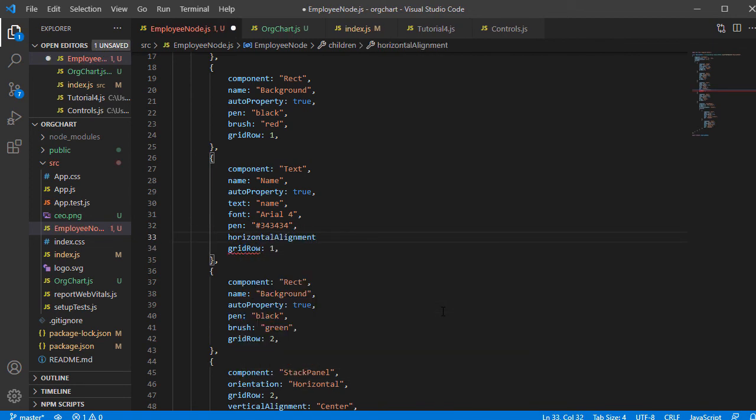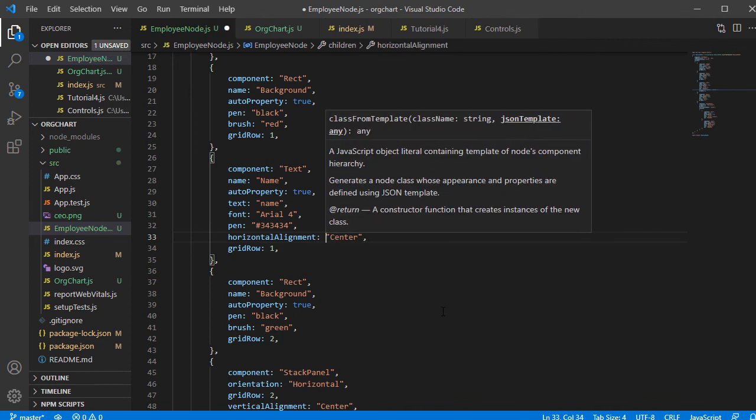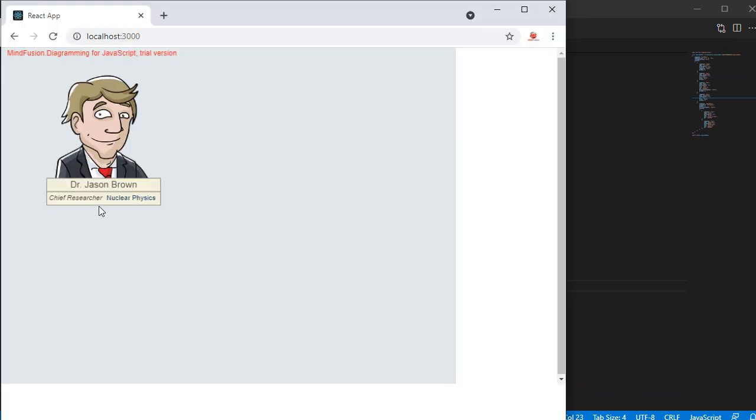We can change the alignment of the name field to center. We can also change the background brush to beige and the stroke to gray. This way, our node looks much better.